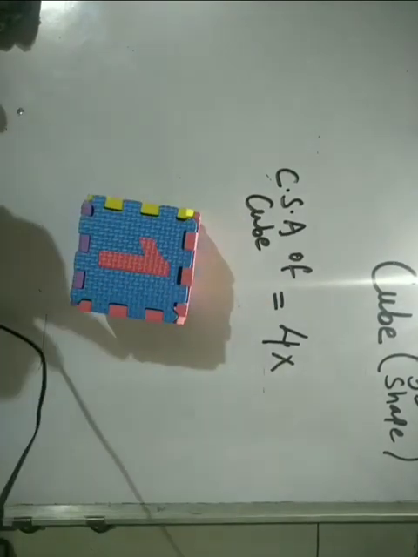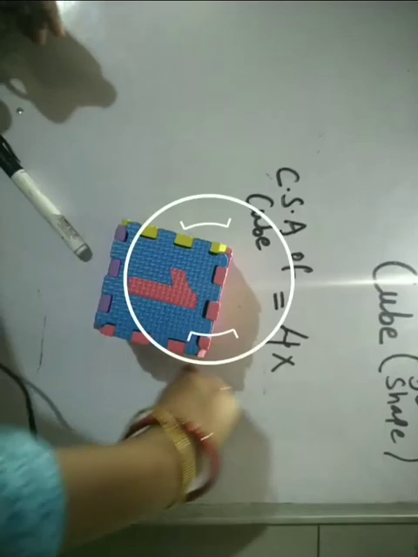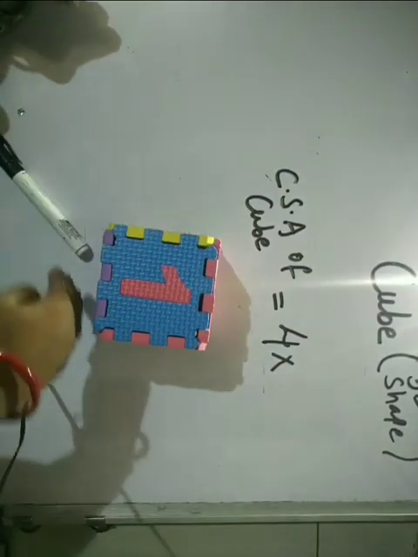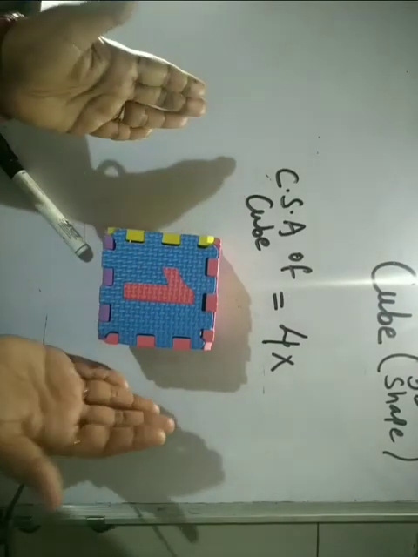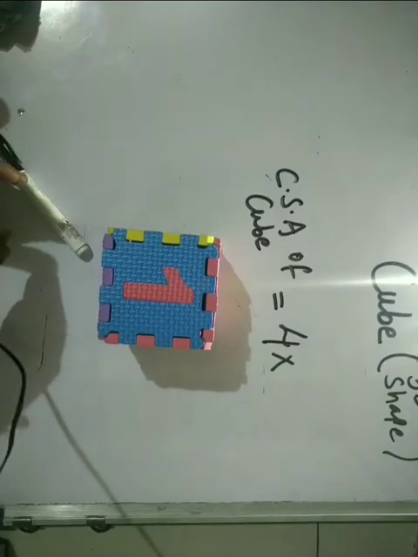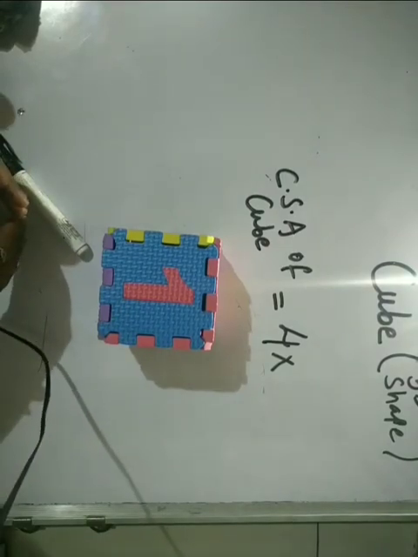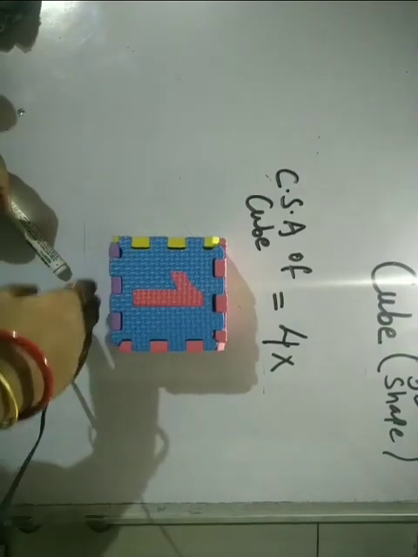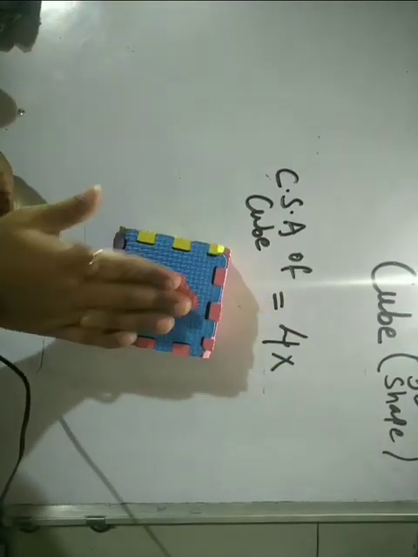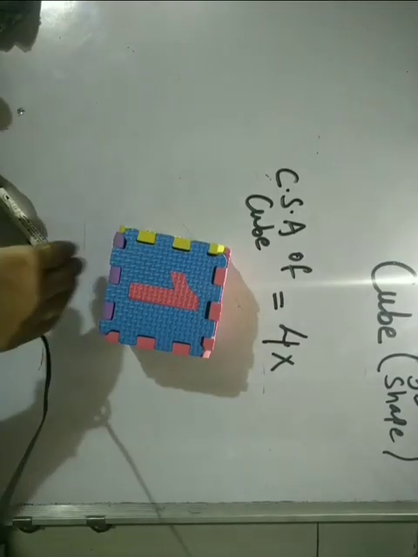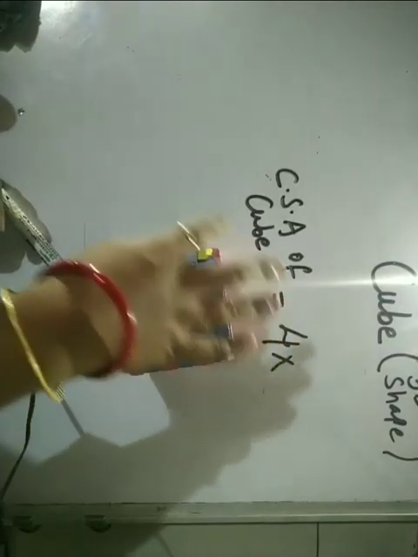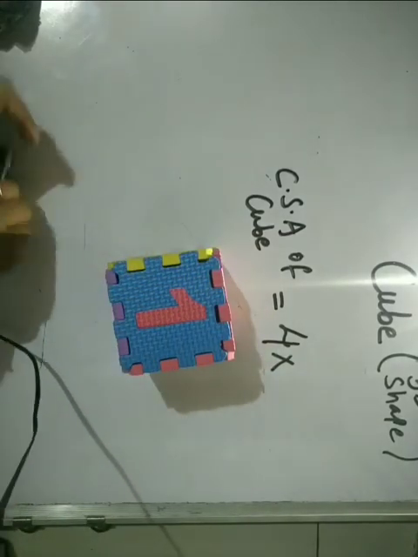See, this is the curved one. This is called curve. That is why we are leaving the top and bottom one, because we have to only concentrate on the curved surfaces. So 4 surfaces come under the curved one. This one, this one, this one and this one. Leave the top one and bottom one. If you will see these 4 surfaces, all the 4 surfaces are square in shape.